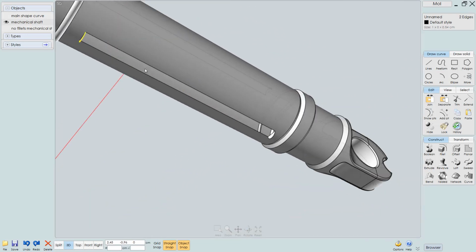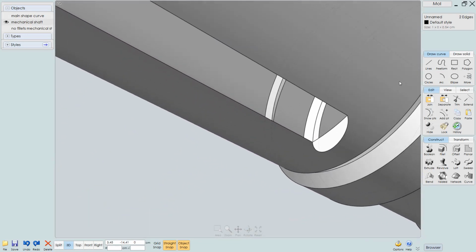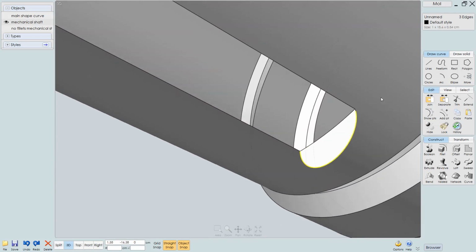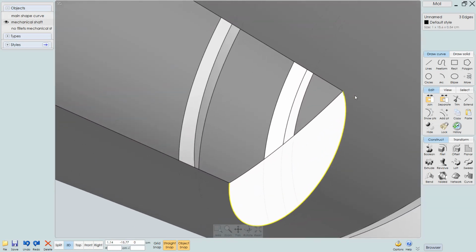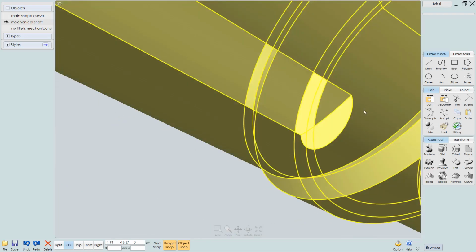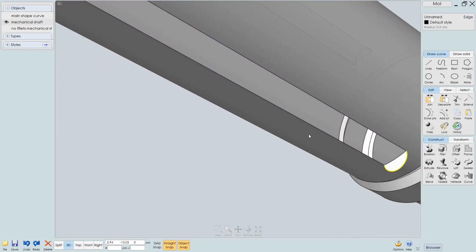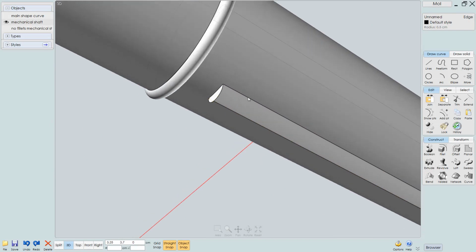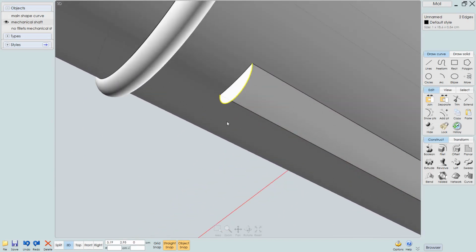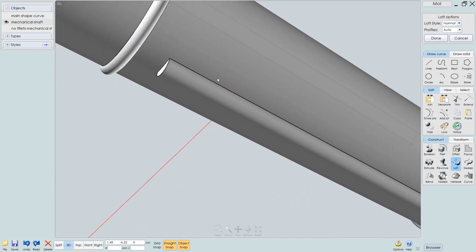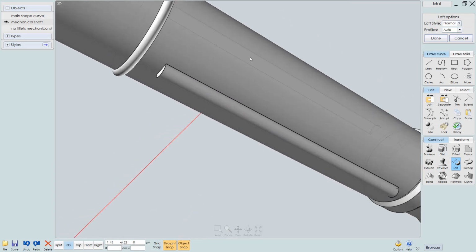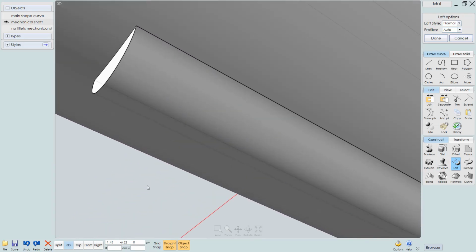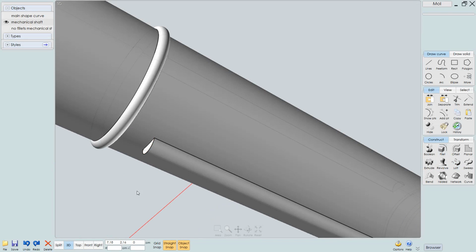It's these two over here, and these two over here. So I'm going to merge them, and then select the object again, select this edge, select this edge, use loft, right click to confirm, deselect everything,